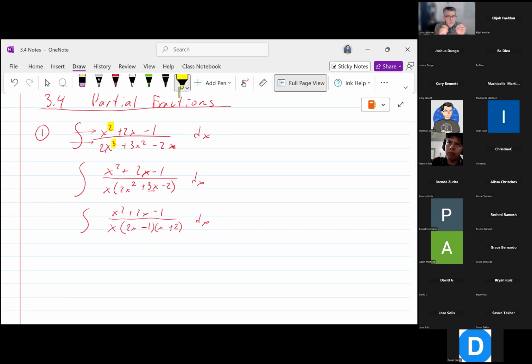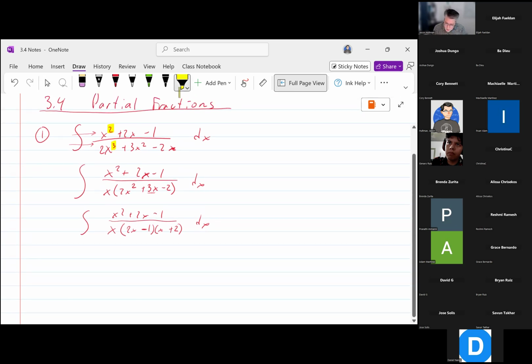We're just going to break this up using partial fractions. If the numerator was bigger than the denominator, I'd have to do long division of polynomials first, and then use partial fractions on what's left over. But because the numerator is a smaller power than the denominator,